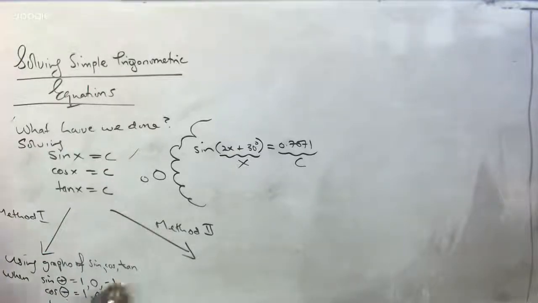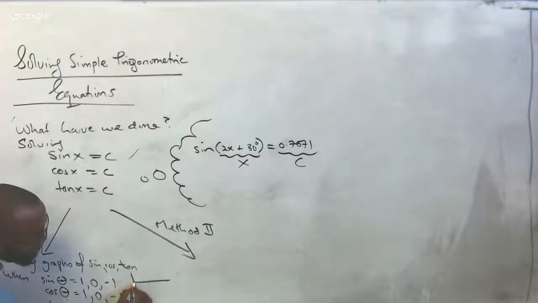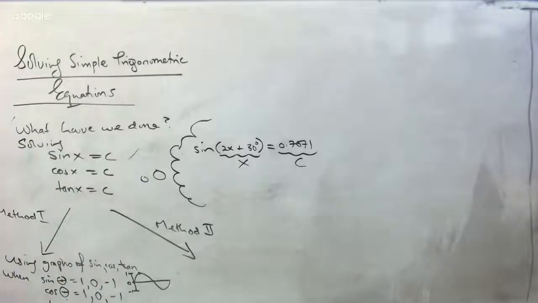Look at the sine curve again. What are the values of the y value? 1, 0, and minus 1. That's why we could use the graph in that case. For the tangent graph, the only critical point we knew of was 0, because at 1 we would have to estimate what it was, and we don't do the estimation thing. So if it's not critical points on the graph, I cannot use the graph to solve it.